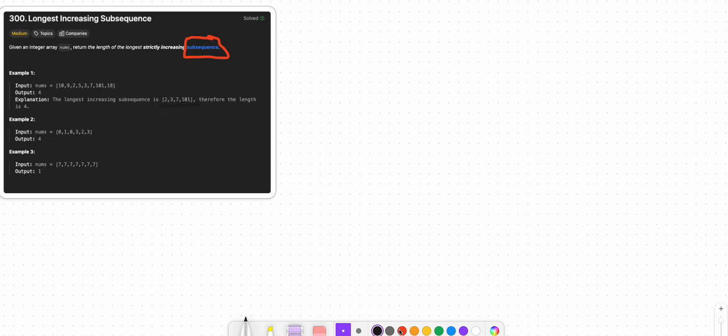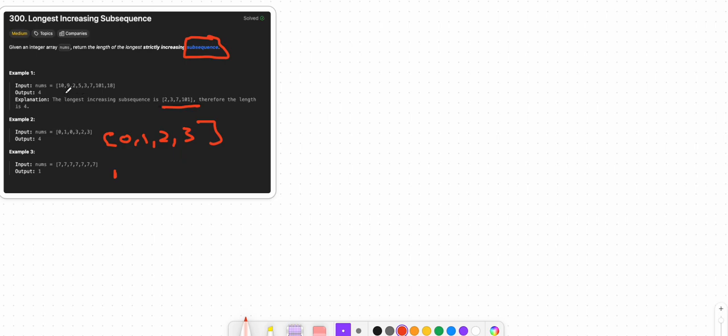It should give you a little bit of an idea what exactly a subsequence is. So from this you can deduce